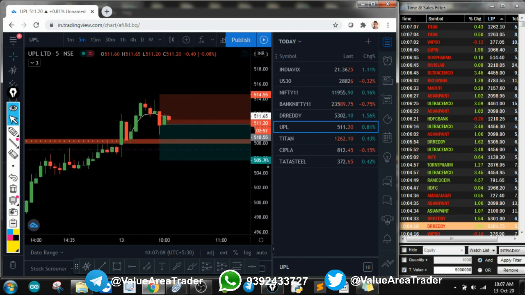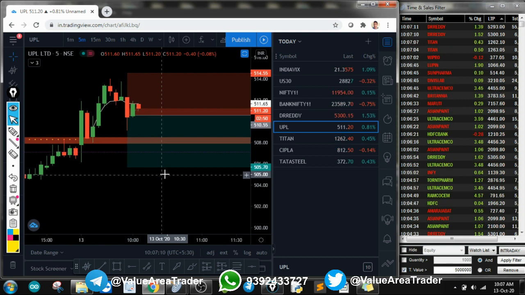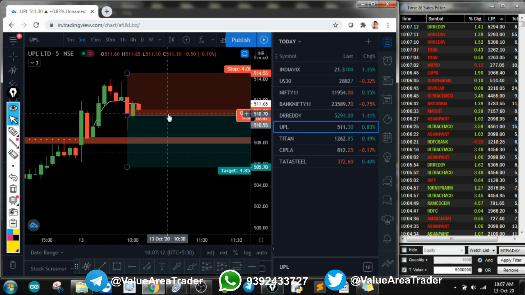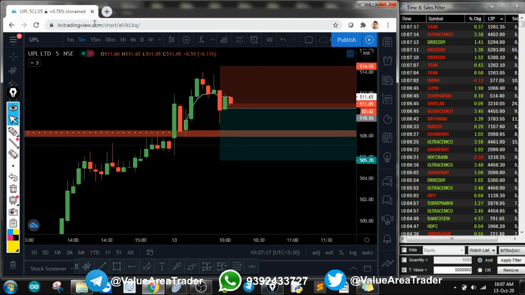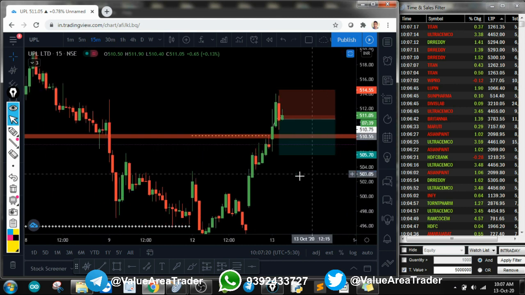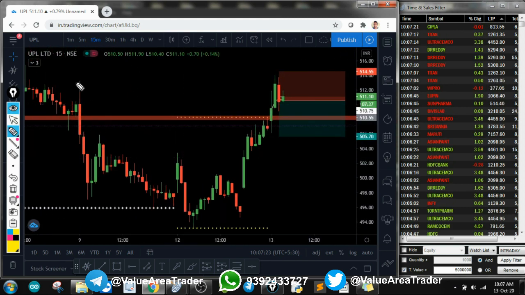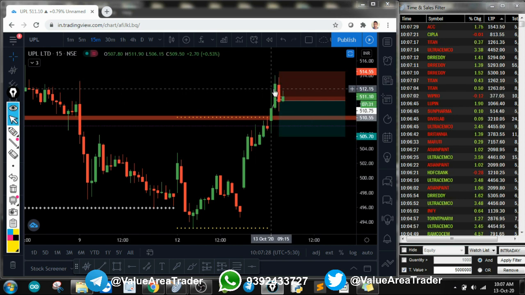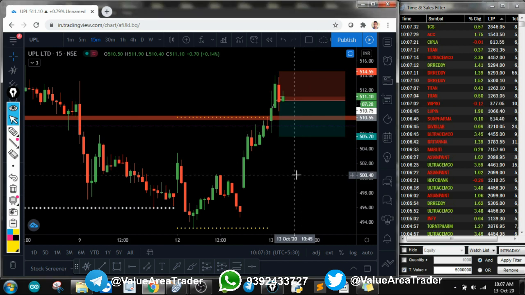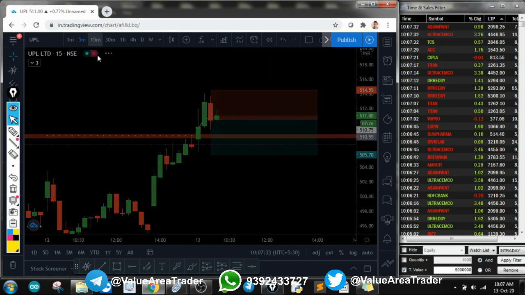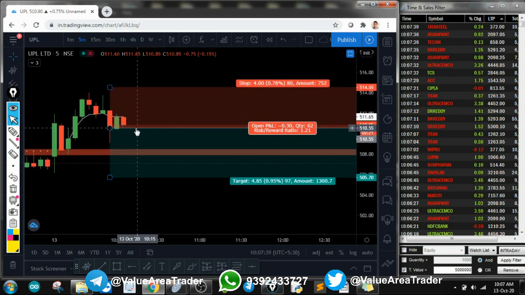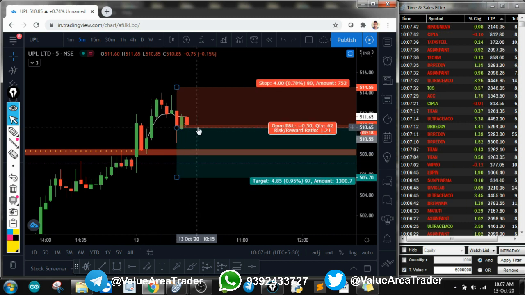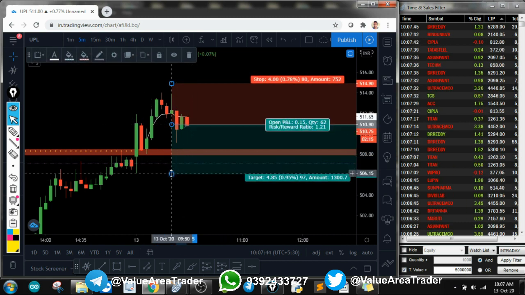So I think UPL is also a good sell now because of this big candle here. Let's see, 15 minutes. It has almost reached this big candle's point and we can see a big red candle. So probably we are going to see inside candles and then a breakdown, from what I have seen in past movements. So I think this would be a very good point to take a sell trade, right?